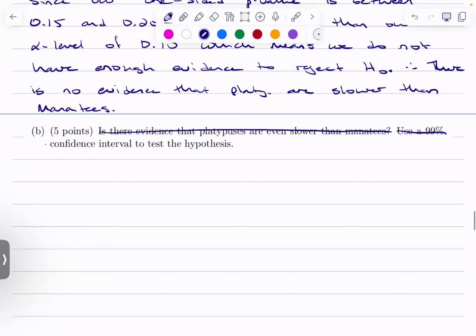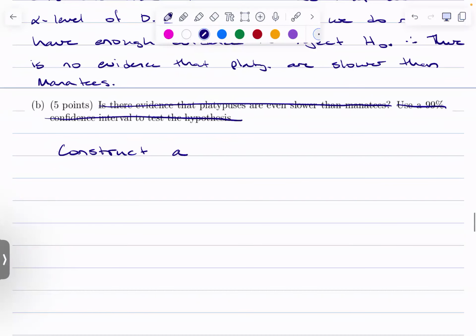I guess I'm crossing it all out. And instead, just scrap it all. Construct a 99% confidence interval. This question is more in line with what I would expect you to do for a confidence interval. I do need you to be able to use a confidence interval to check a hypothesis. But